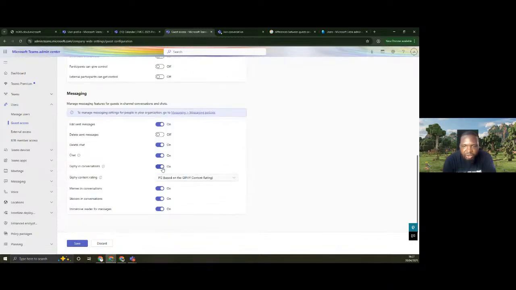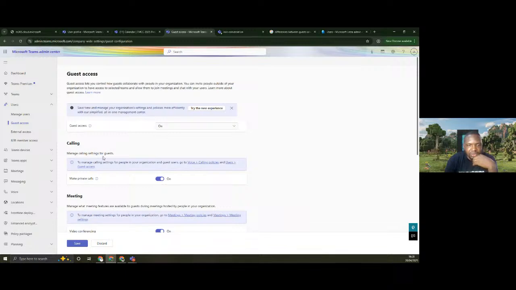So after making your settings, you can click on save. But note that whatever you are doing, it's affecting the whole of the organization. This is not a setting that is specific to a certain group of persons, but it is particular to everyone within your organization. So once you hit save, it's going to affect everything. It's not like policy, where you can create a policy and exempt certain people. For settings, it is straight away affecting everybody.